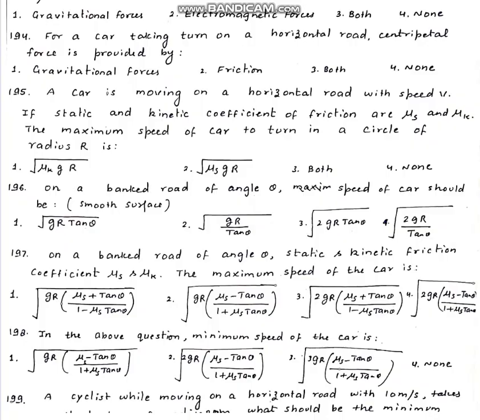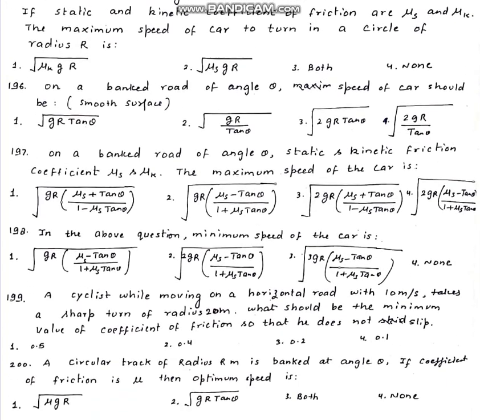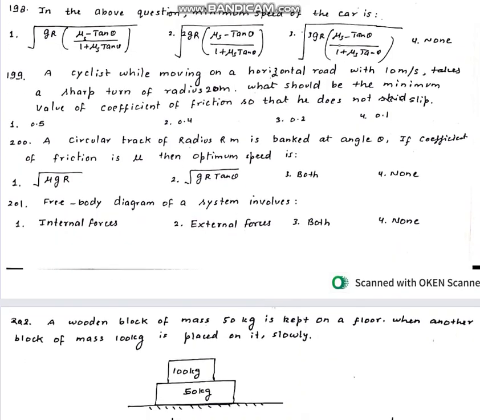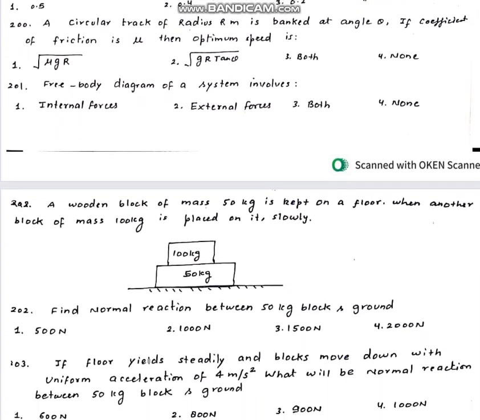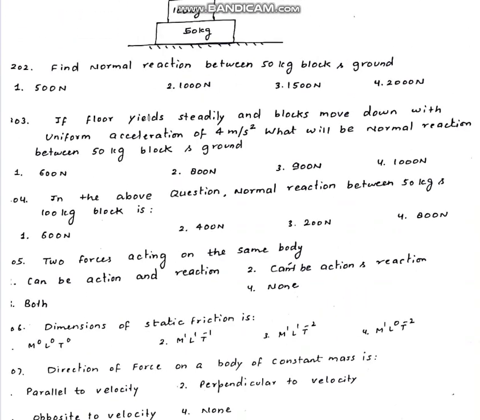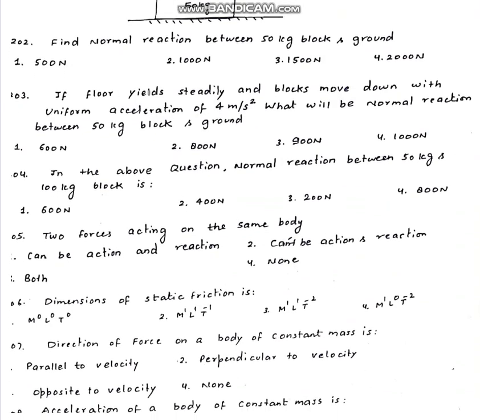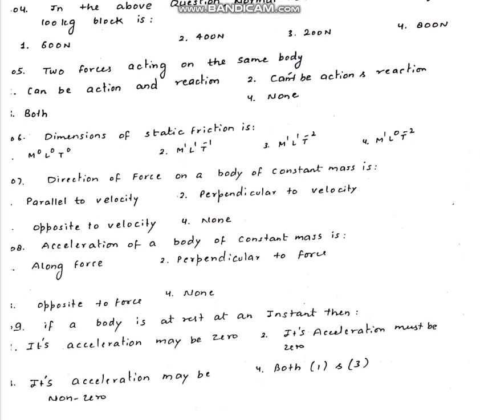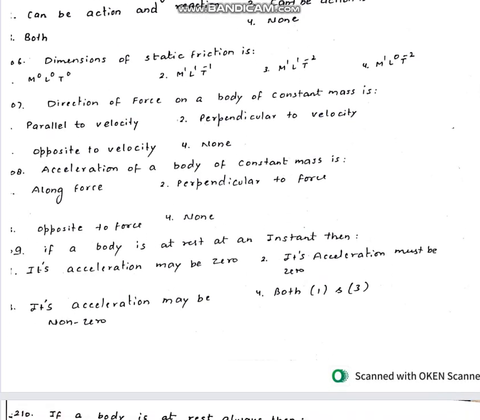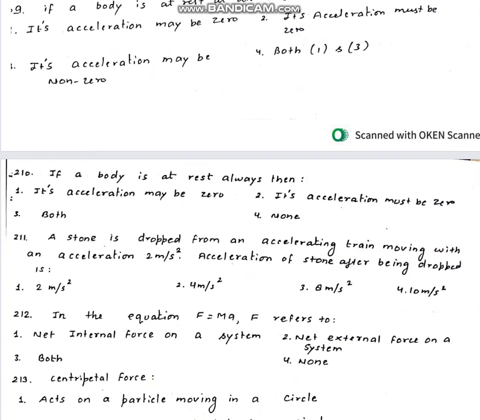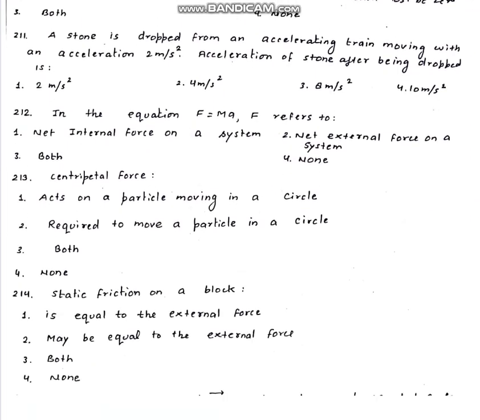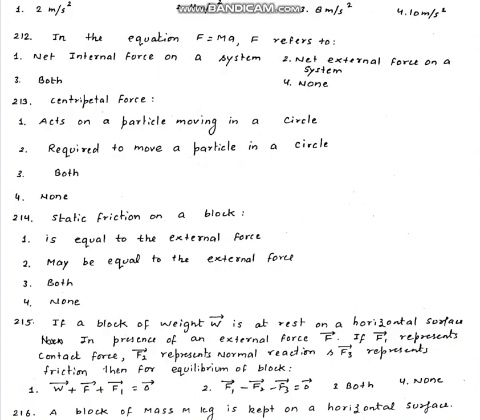Then we have banking roads, the banked road concept, minimum and maximum speed, then a cyclist problem, the angle between them, then a two block problem. We need to find the normal reaction between them, acceleration, normal reaction. Then we have to find friction, dimensions of static and limiting friction. Then different questions based on that. Then we need to find centripetal force, static friction,